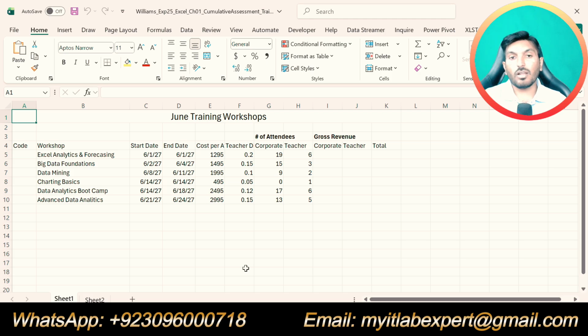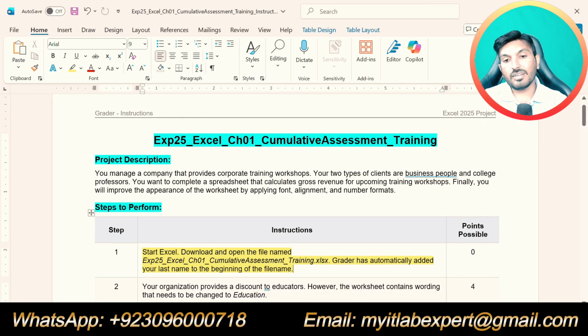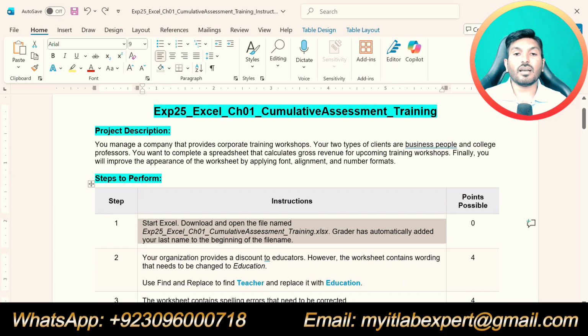We will apply all the steps to this workbook and make it final for submission. I have already downloaded it, and you can download it from your course dashboard. Step number 1 is just about downloading the file, so we are done and can move to step number 2.